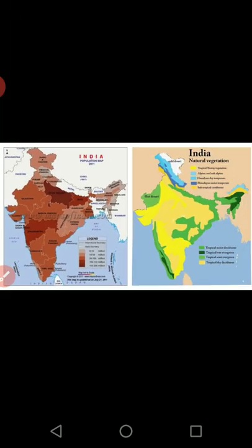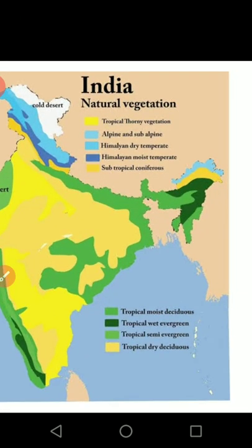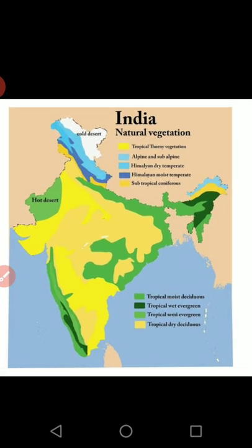Another example here, natural vegetation. It means forest, what kind of forest and all, they are all shown in this particular map. Wherever very green forests are there, they have made it dark green. Whichever region does not have trees, they have marked it as deserts. The parts where trees and forests are there, but in the summer season they dry up, they have marked accordingly. Likewise, this is a map showing only information regarding natural vegetation.